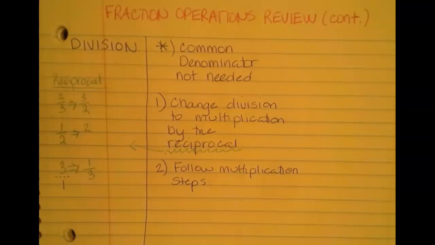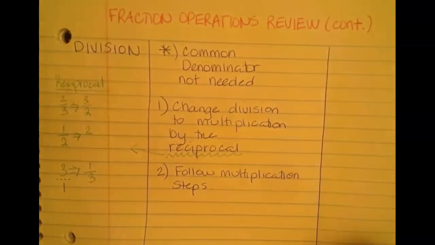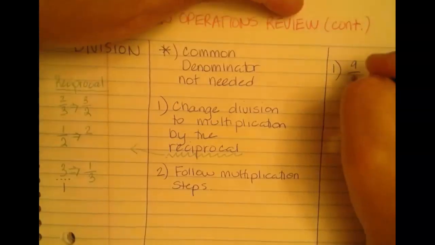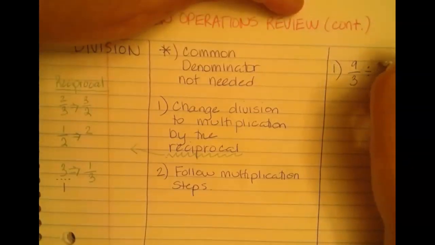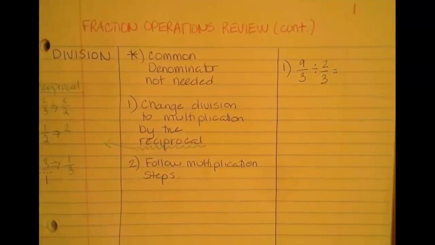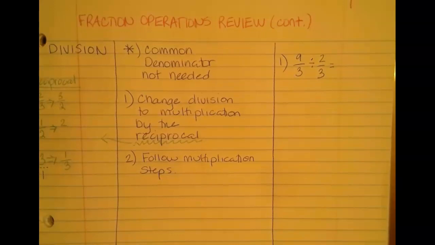So division, we don't need a common denominator. We're going to change division to multiplication by the reciprocal, and then follow the multiplication steps, which were, as we saw, super easy. So our first example is 9/3 divided by 2/3. Now, we're doing an example with this little division symbol, but in general, with algebra, we don't use this symbol. We're just doing this as a first example to remind you that when we do, sometimes people get confused with integer rules and then this division rule